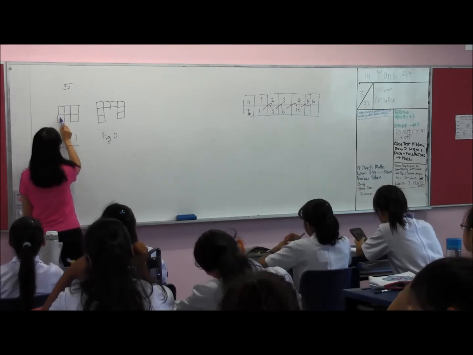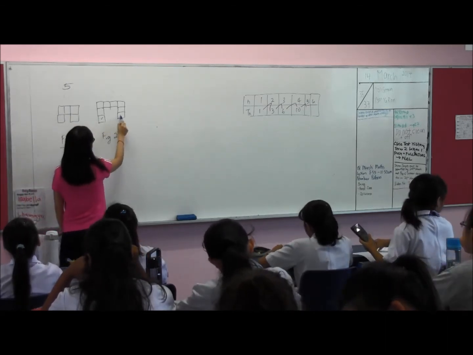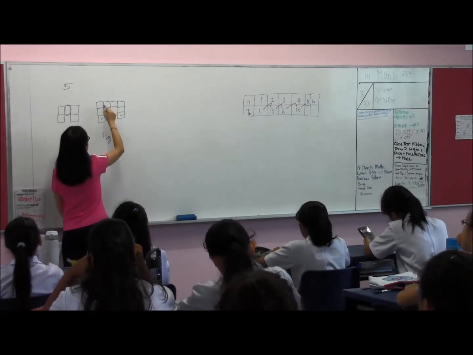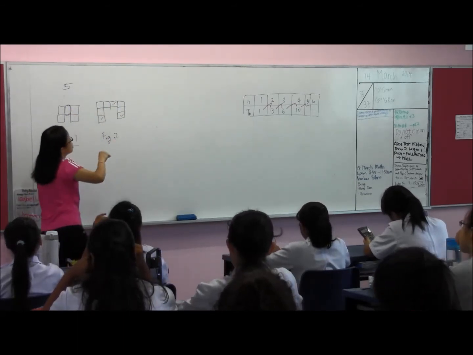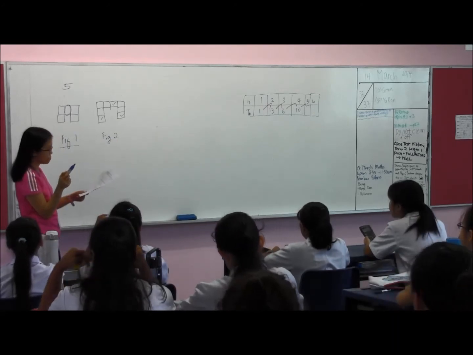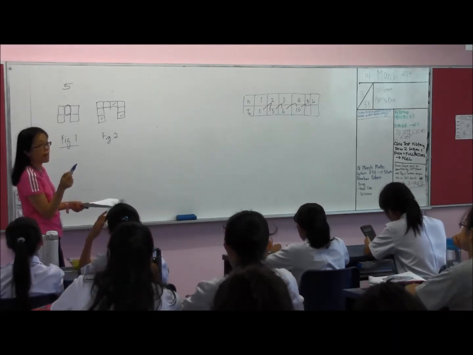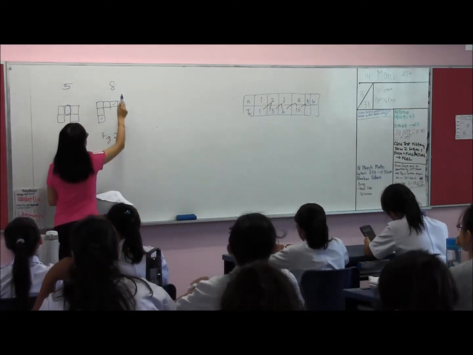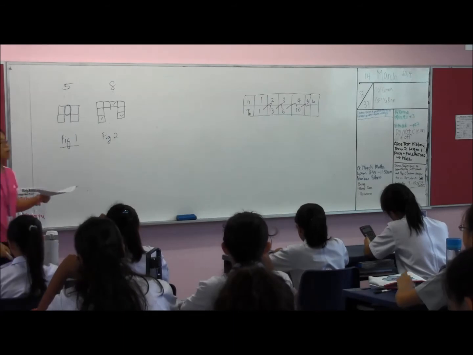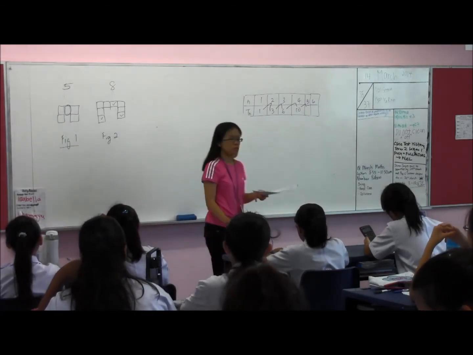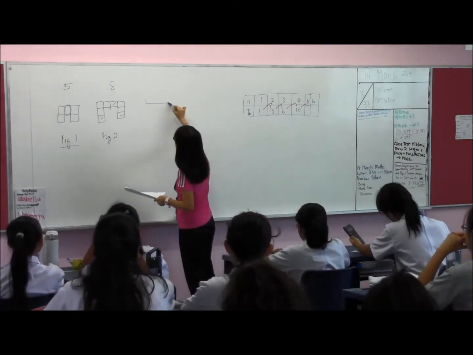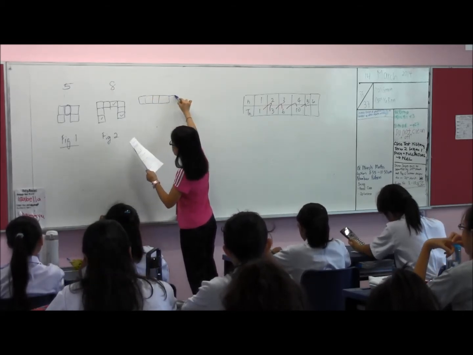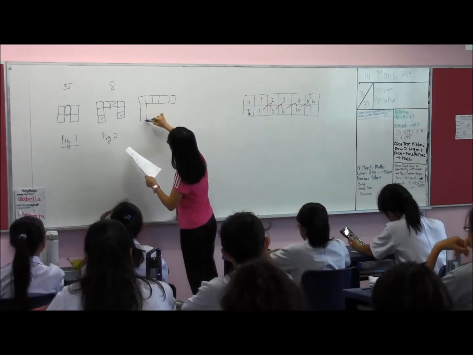This one originally is only 1, but now you have 2. And here originally in the middle there's 1, now you have 2. So you added 1 more. So actually this one is a 5 plus 3, right? 5. And then here I added 3 more, so there are 8 here. Let's observe how we actually do this. The next one, you have 3 now in the middle. So 1 here, 1 here. Then here should have